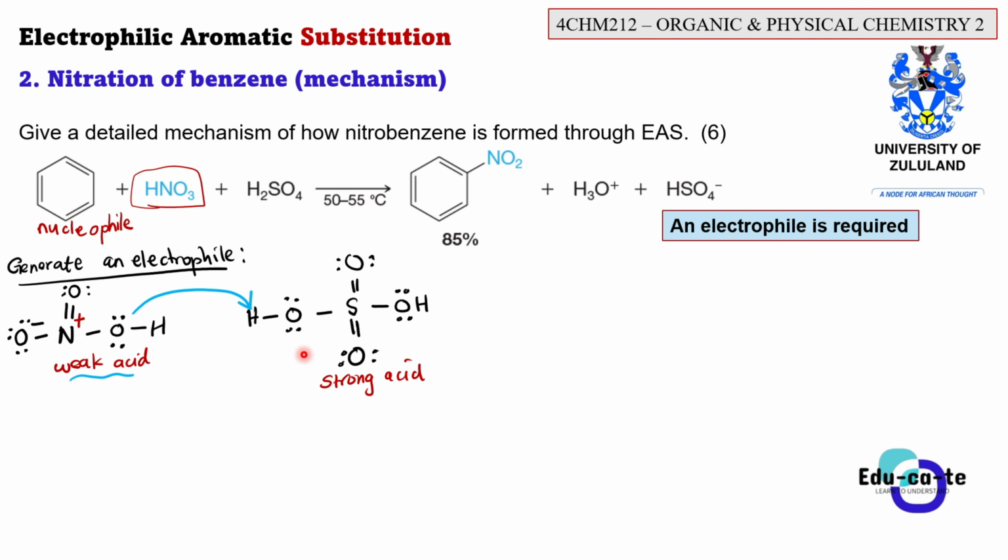Okay, and by the way, you can see that this hydrogen is already bonded to the oxygen, but we know that oxygen is more electronegative. So this oxygen is already pulling electrons towards itself. So the bond between this hydrogen and this oxygen has to break, because now this hydrogen has been taken away by the weaker acid. So basically the bond between this H and this O has to break. And when it breaks, the electrons of the bond will have to go to oxygen. Why? Because oxygen is electronegative. Remember that oxygen is more electronegative when you compare it to hydrogen.